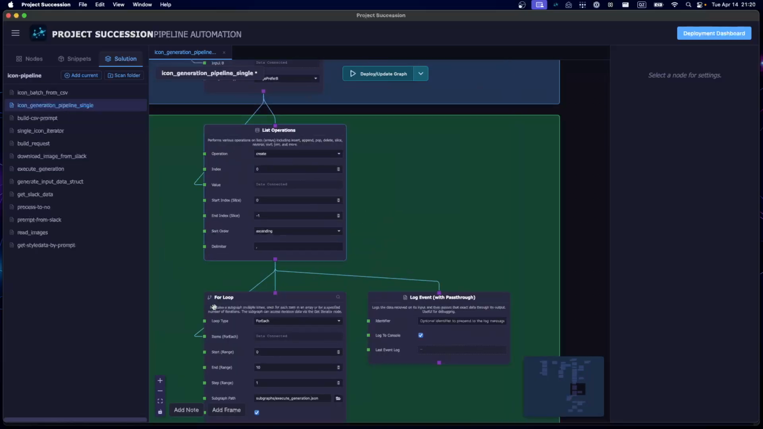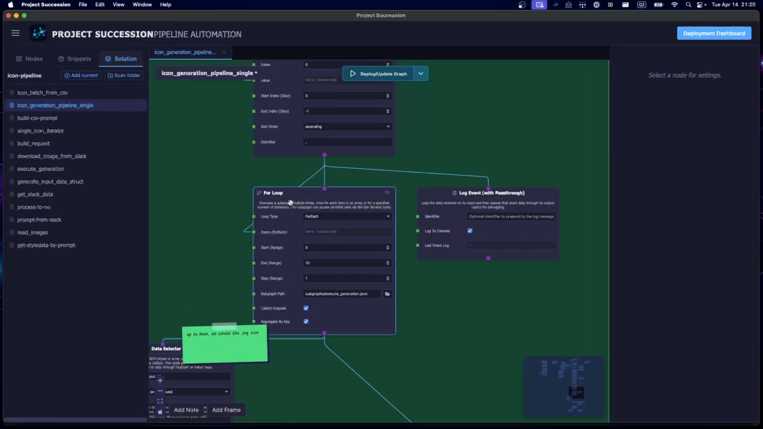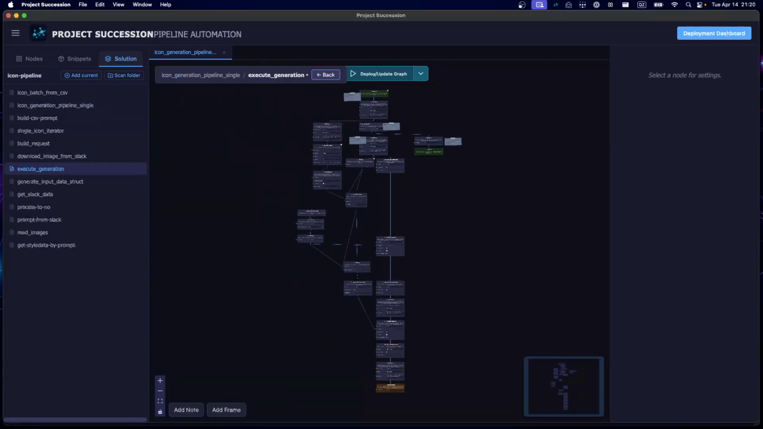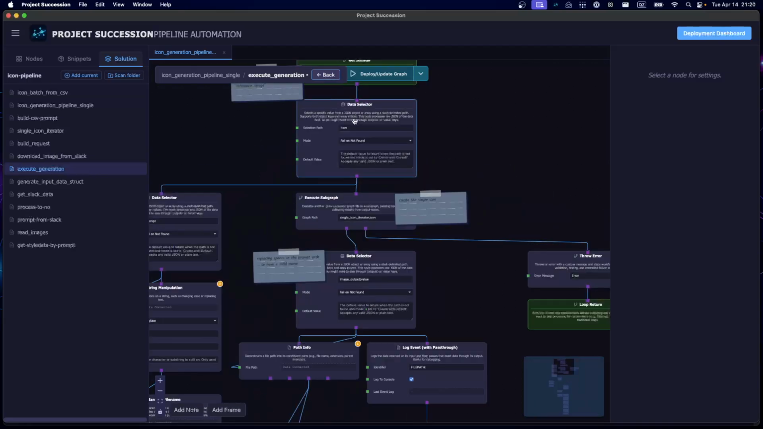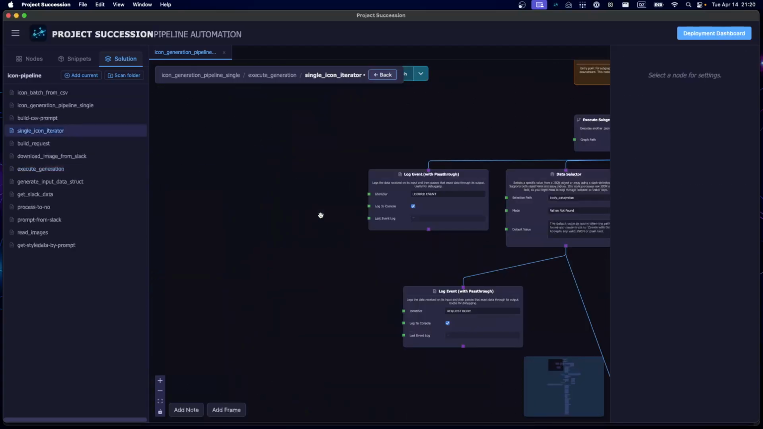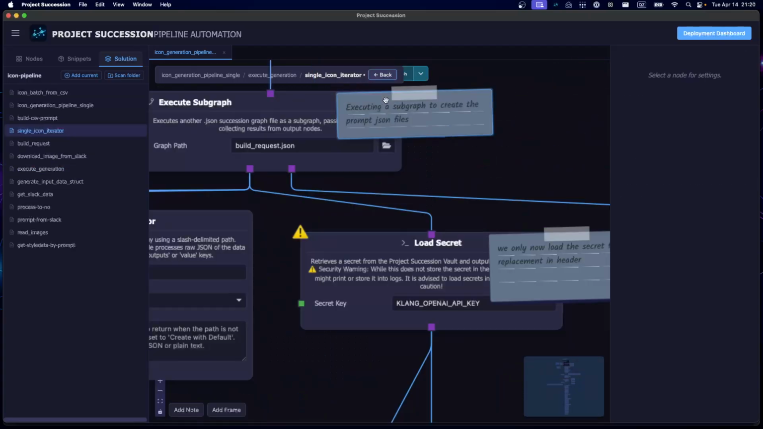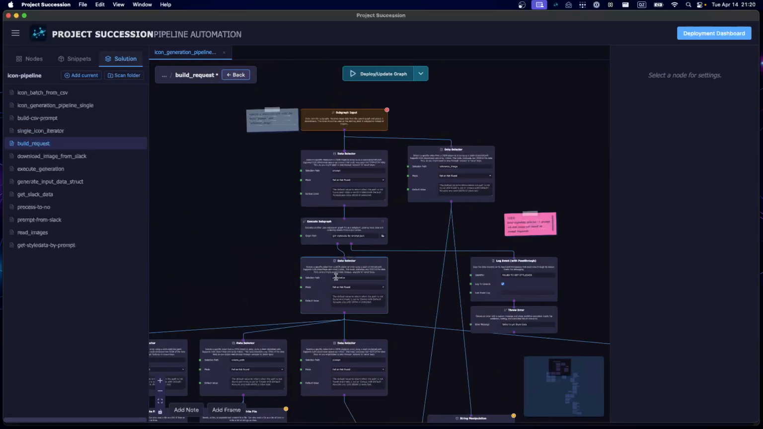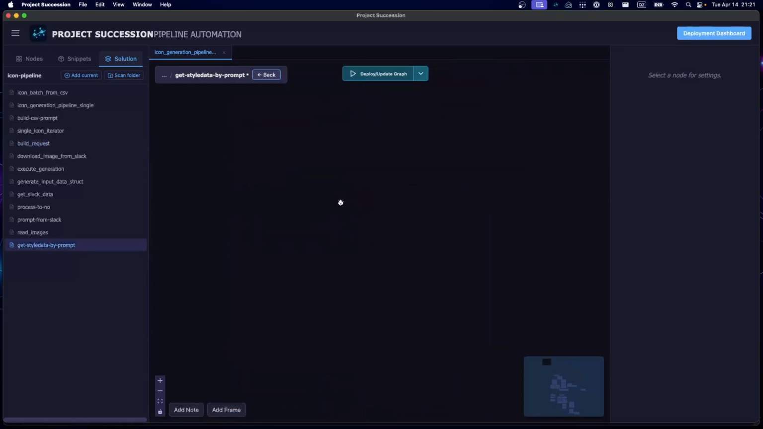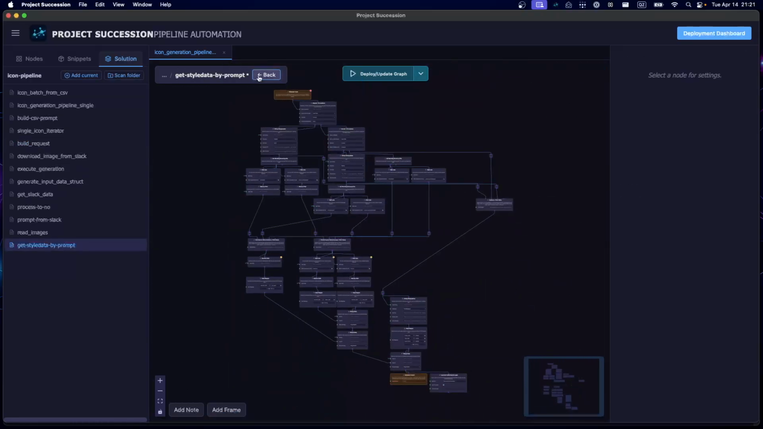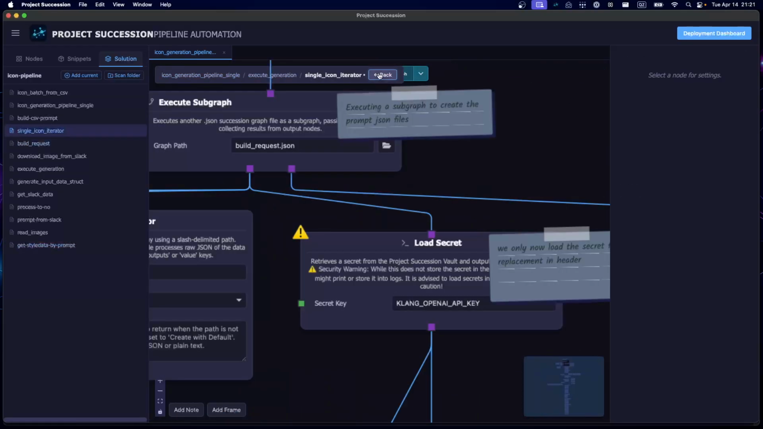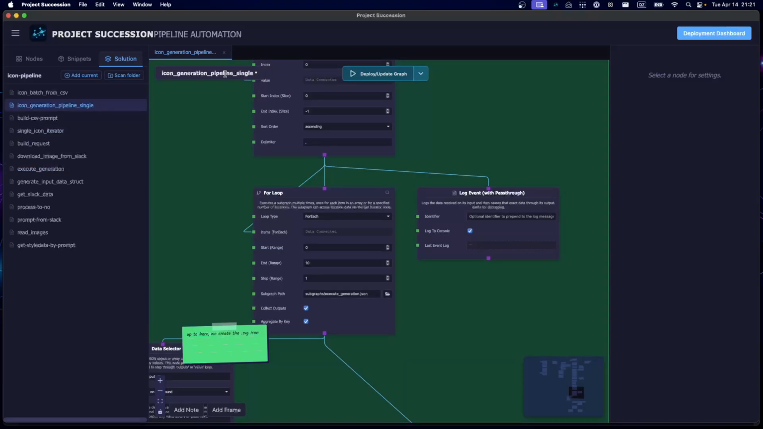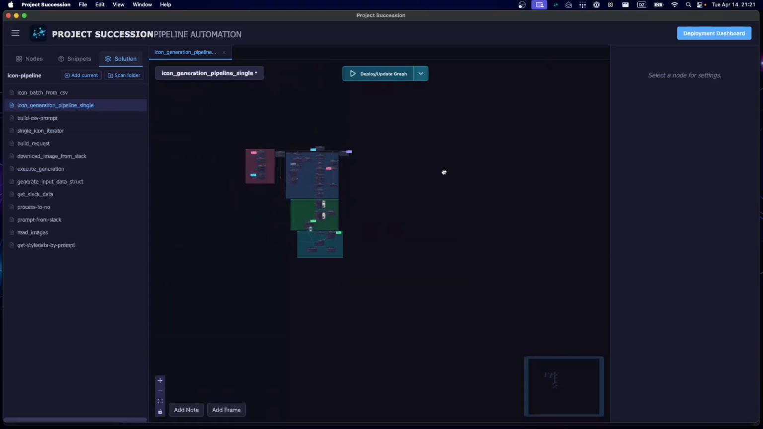You might see here we have some loops. If you double click on these loops, you actually get into the subgraphs. So here we have another subgraph. And there we have an even more, even deeper subgraph. And even one more. So you see a lot of nodes and a lot of complexity can be organized with Project Succession